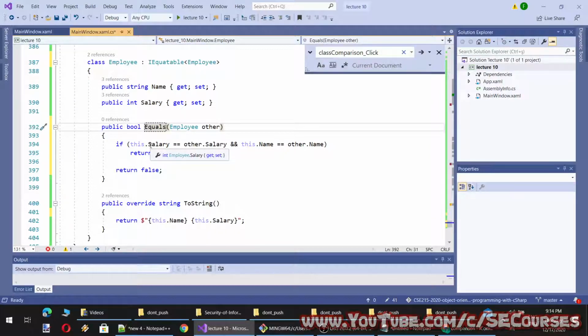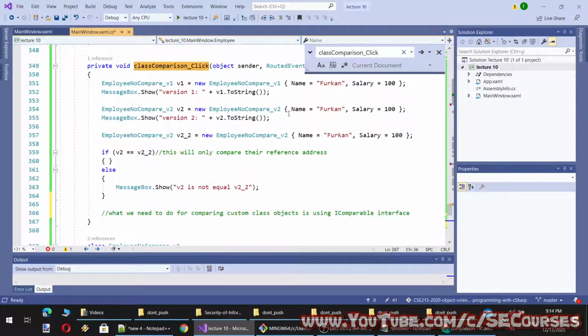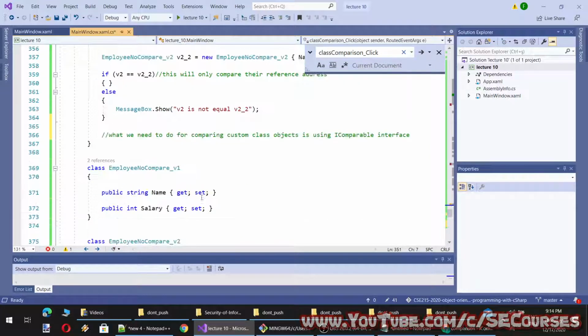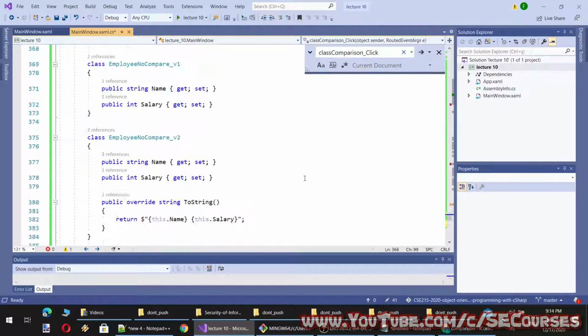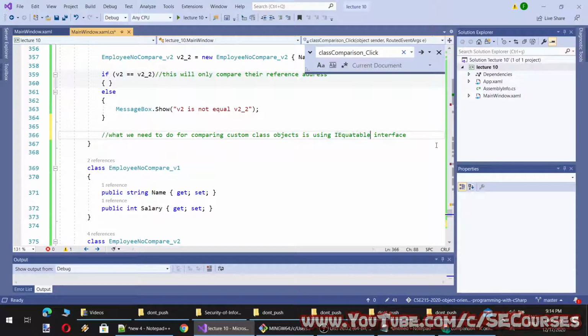In our example, it is IEquatable for checking them as equal or not. So this will work. Now I can apply the same methodology. I will also make a good example of comparable as well for you.